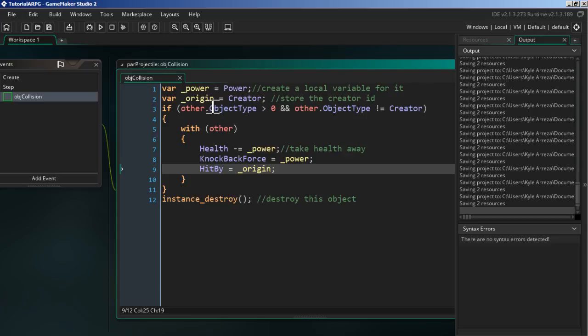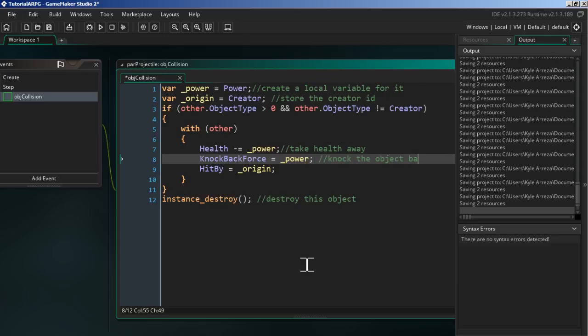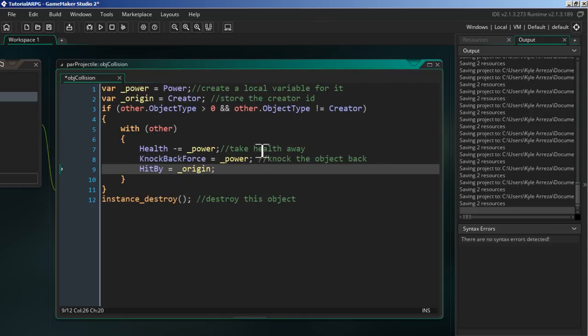Okay, so basically when this projectile hits another object, it's going to tell it to reduce health. It's also going to knock the object back, and then it's also going to send information about who hit them and where, as in the x and y position relative to the other object. Alright,